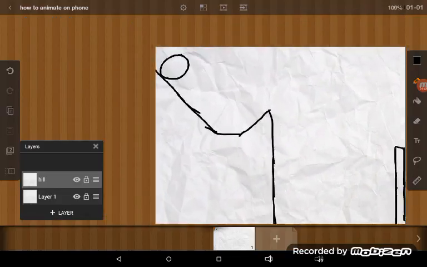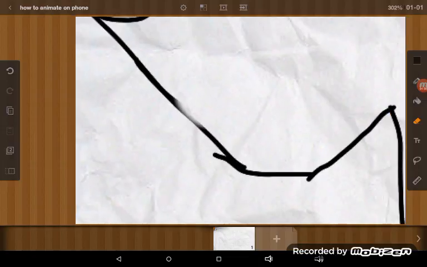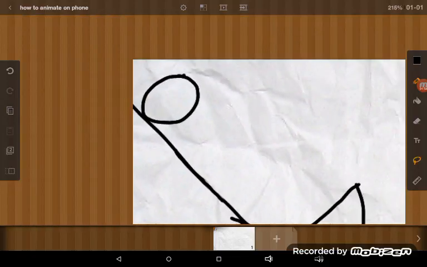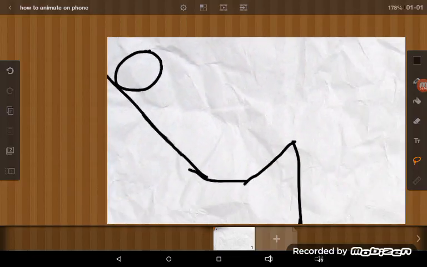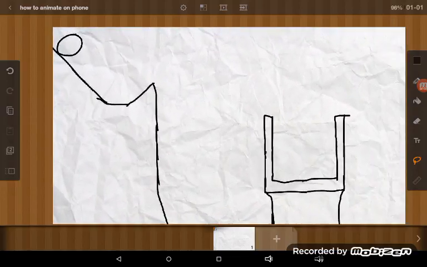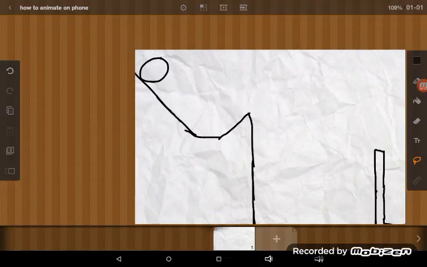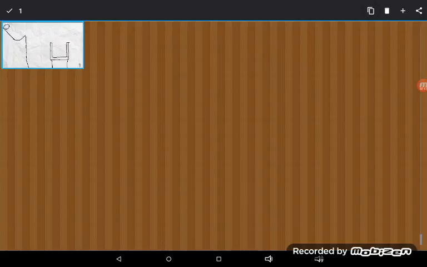And yeah, so now I got the boulder, just got to fix that there. Okay, that's good. And if you're wondering what recording software I'm using, it's Mobizen. You could also check that out if you want to record your own stuff as well. So now I got the boulder. Now I'm just going to go to the frame viewer, and then I'm going to copy and paste about